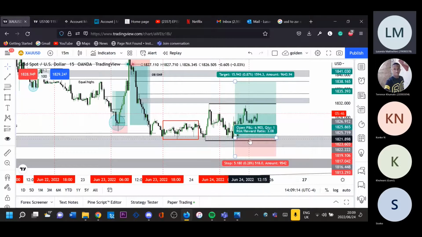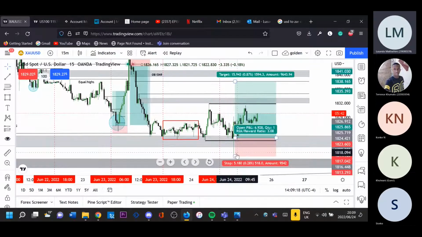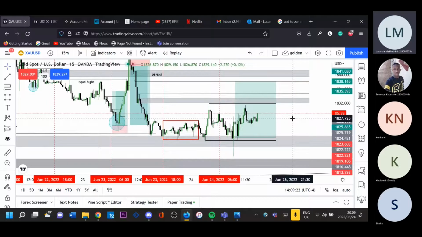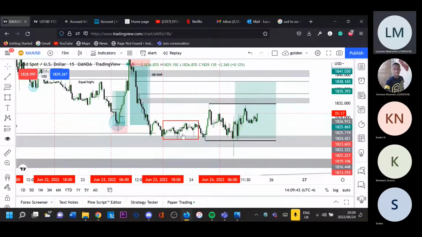So if I was in this trade currently, because we broke above this first high, my stop loss would literally be right here. So now it's a risk-free trade, and if I want to enter another trade, I would enter it in profit. Then use the same risk. If I was risking $100, I'll risk $100. And that's actually the benefit of risk management. You know which trades to take, which trades not to take, and so on.